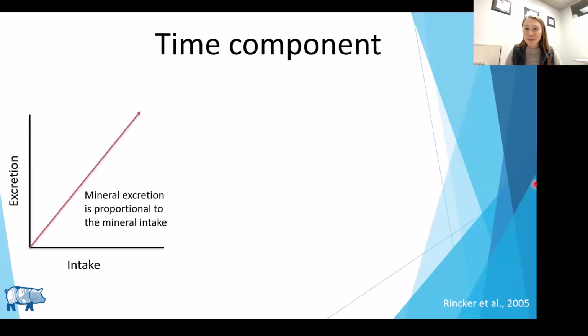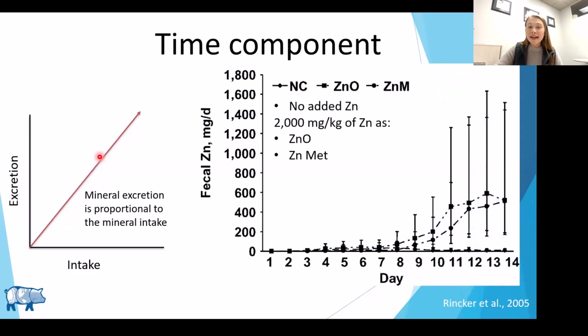Now, when you're thinking about the data I just presented on the models, it might seem fairly straightforward, right? So we have this intake of the mineral and we get this linear increase in the excretion. And so it might seem intuitive that some of these regulations limiting feeding of minerals to the requirement of the pig seem logical to help reduce some of this excretion. However, actually, as part of this analysis, we see that it can be a little bit more complicated than that. So there is a time component, at least when we're specifically focused on zinc in this case,